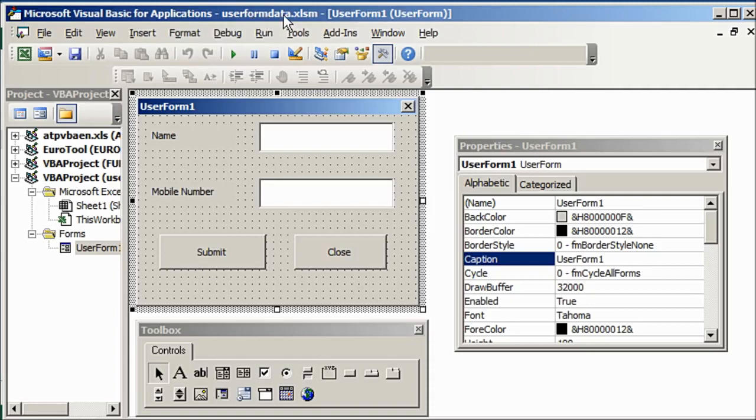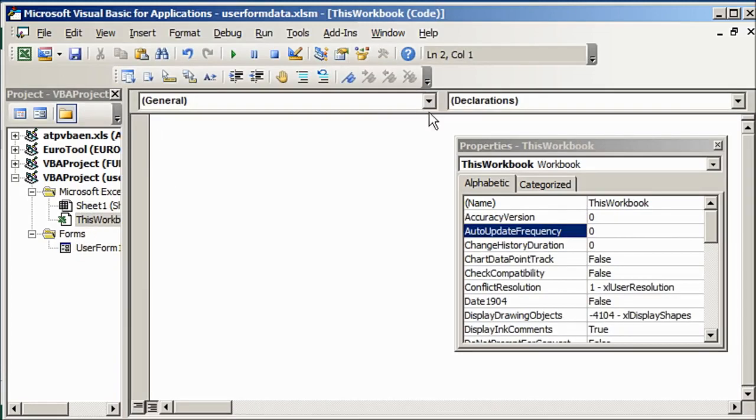So the first thing we want is when the user opens the workbook, for example, which is saved as user form data, then we don't want the application to be visible. We just want the user form 1 to be visible. Okay, so we will double click on this workbook. Instead of general here, we'll click on workbook. So it gives us the open procedure, and between these two lines of code we will write the following code: